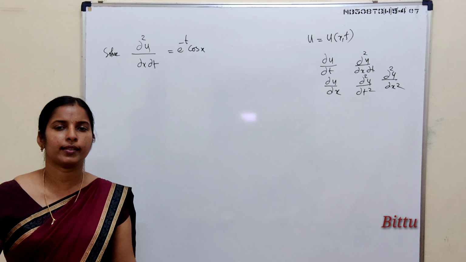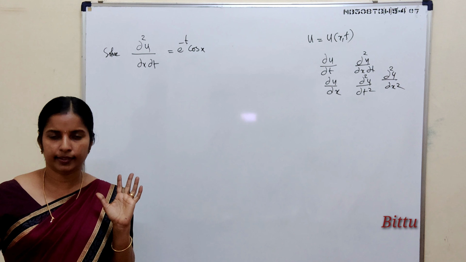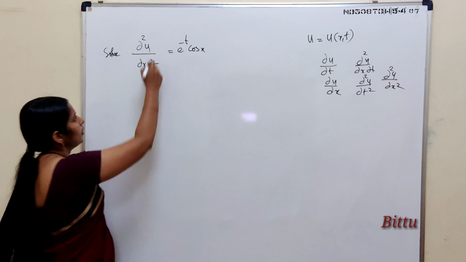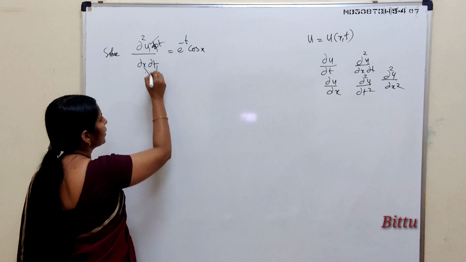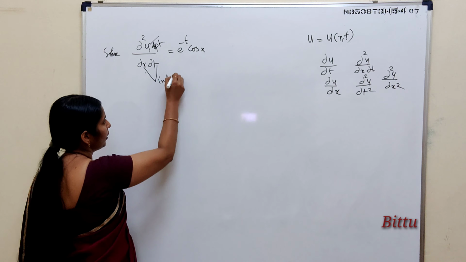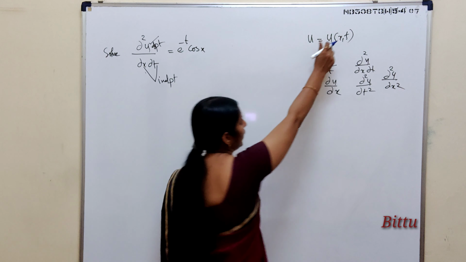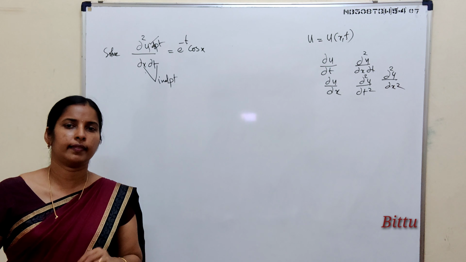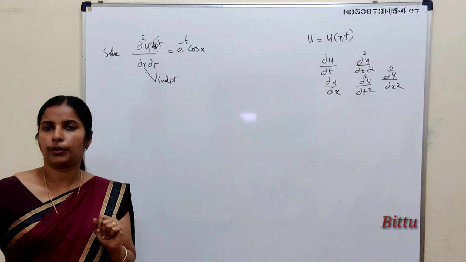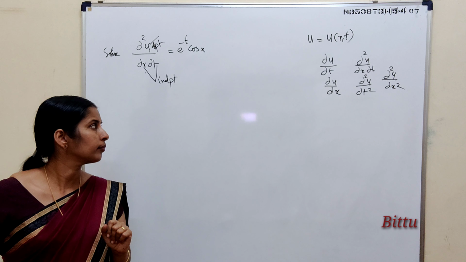See, these are the first and second order derivatives of u with respect to x and t. In all the previous questions, z was a function of x and y. Here it's very clear, u is the dependent variable and it depends on these two variables, so these are the independent variables. So u depends on x and t. So we have to consider u as a function of x and t. That's why I wrote u equal to u of x, t.